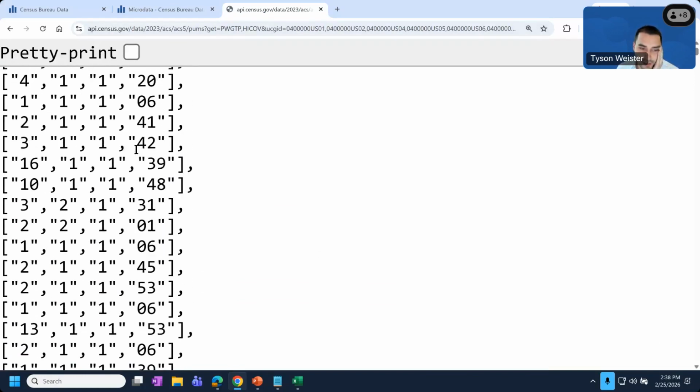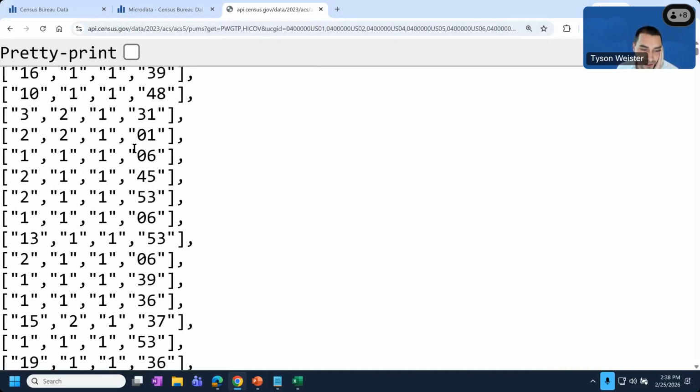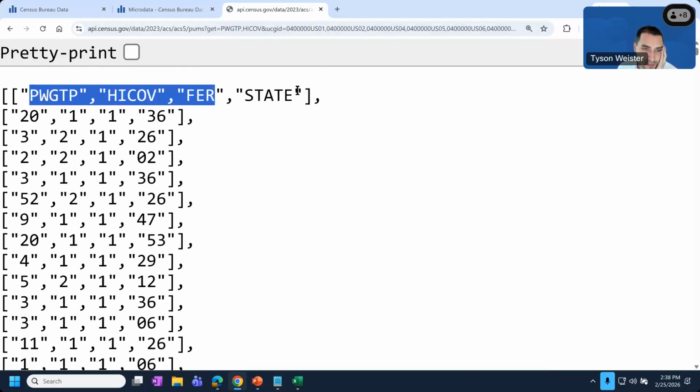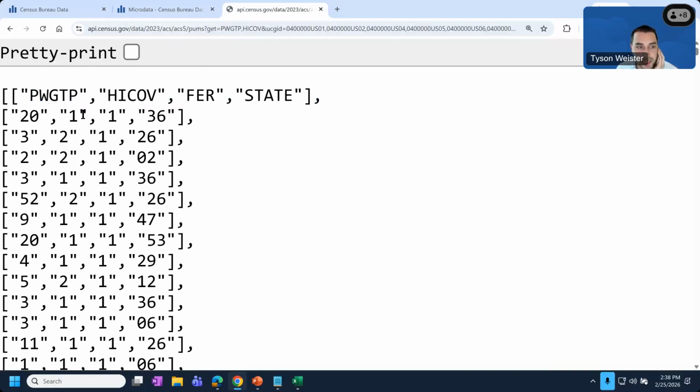If you'd like to download individual records for the edited survey responses that are powering your data, they're available to you in multiple formats. The way you would read this particular one out is we see PWGTP, that's the person weight, ICOV value of 1. So this particular row of entry is representing someone who did have health insurance,